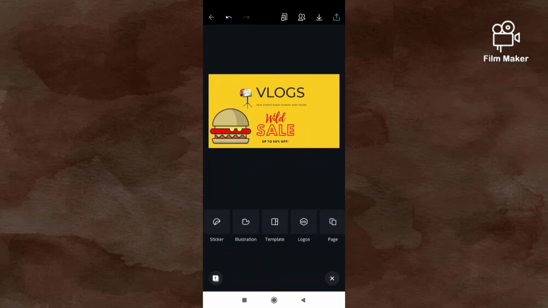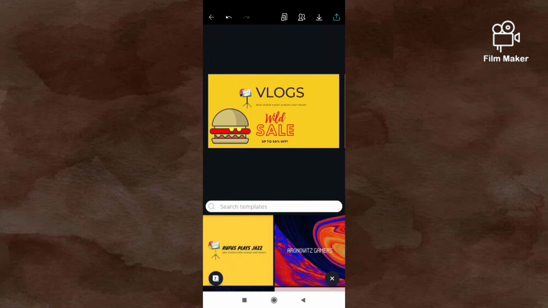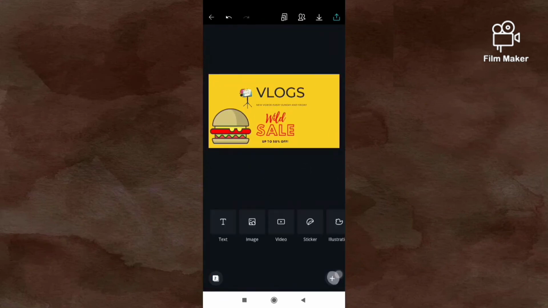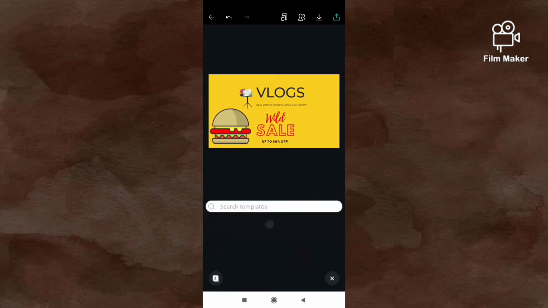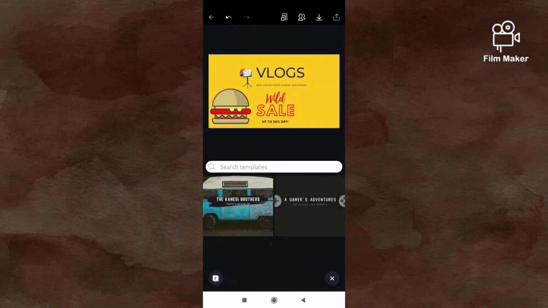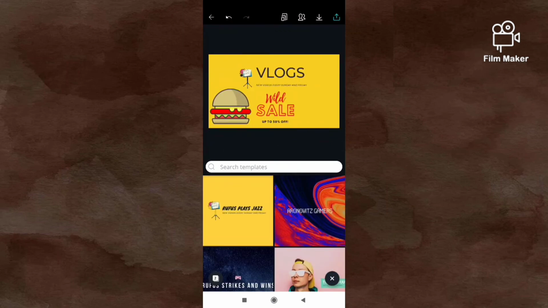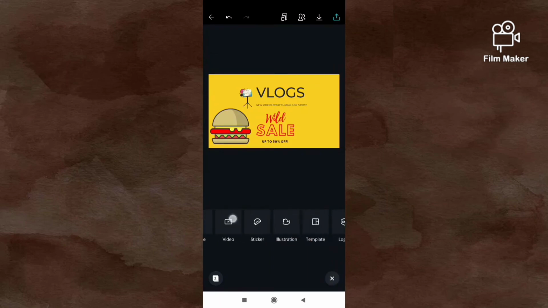Simply we will drag that. See, if you drag this like so, another page is added, meaning two images, one after the other, and lots of templates. We have used the yellow one, and there are many other things. For now we have selected the yellow one, and all these options we have.